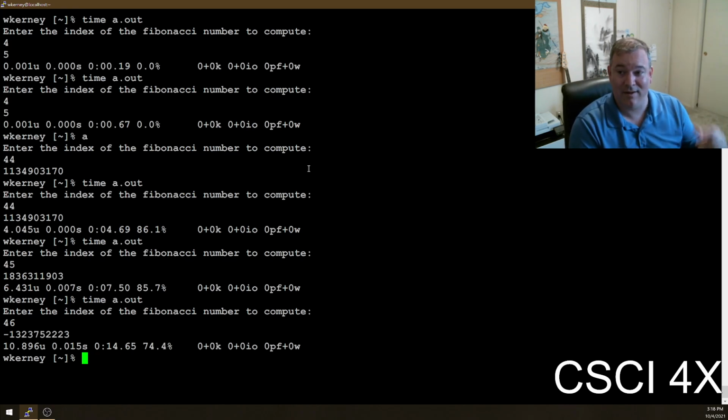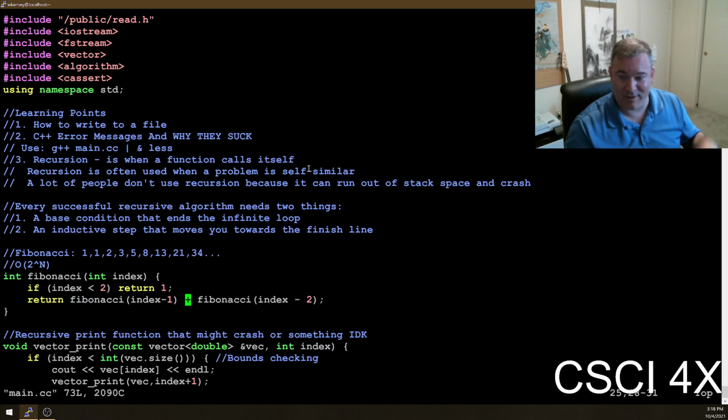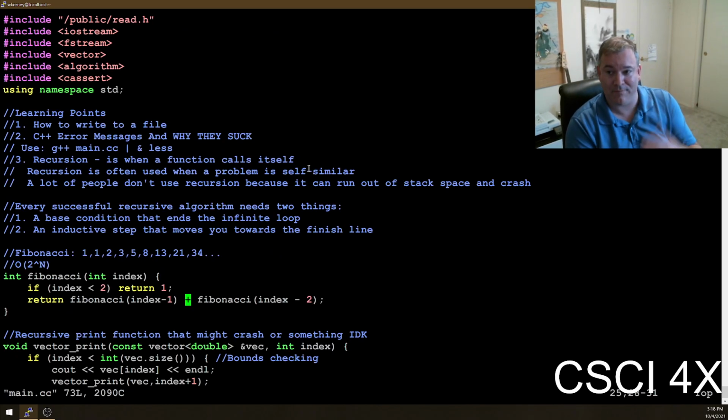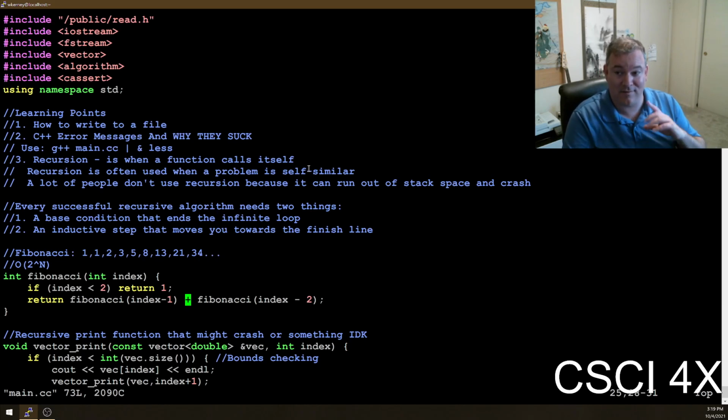It's just a really, really, really bad algorithm that nonetheless you will see all over the place because it's useful for demonstrating recursion. This teaches you how recursion works. You can have one function call itself, self-similarity principle, all that stuff. Don't use this in practice because it is utter garbage. Absolute and complete painful garbage.